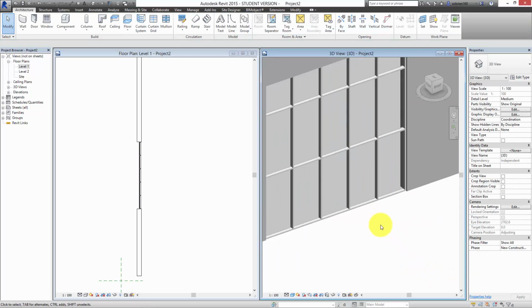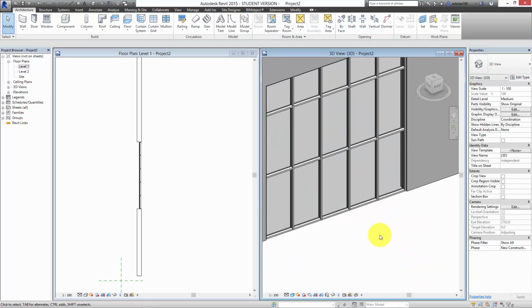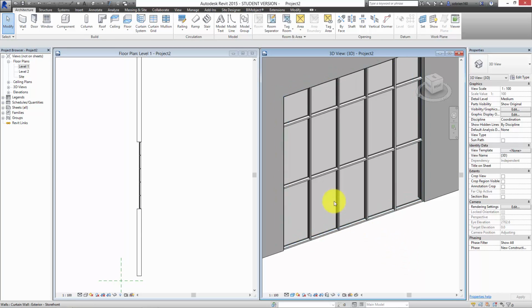So I got something like that. So now we have the basics of the curtain wall set up, the geometry. We can also control the individual elements of the curtain wall. If I run the cursor on top of it here, it's selecting the entire thing. But if I press the tab button, you can see that it starts to highlight different parts of it. So I can highlight the mullions, I can highlight the panels there, and I can change them to whatever I